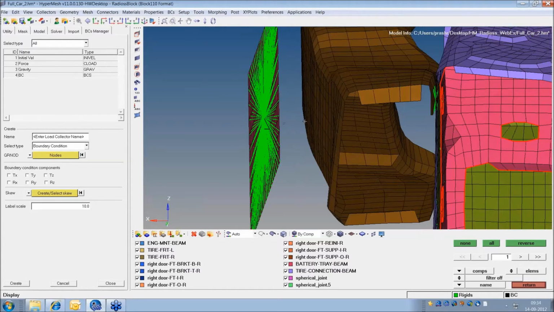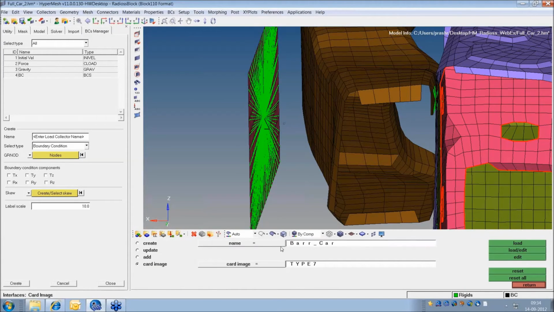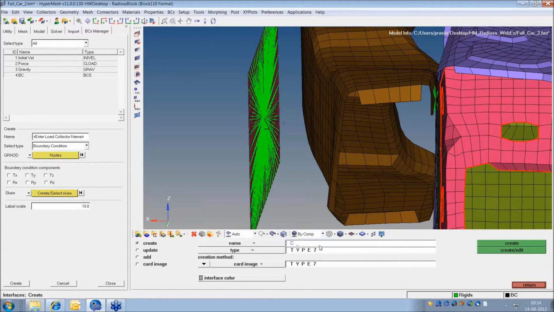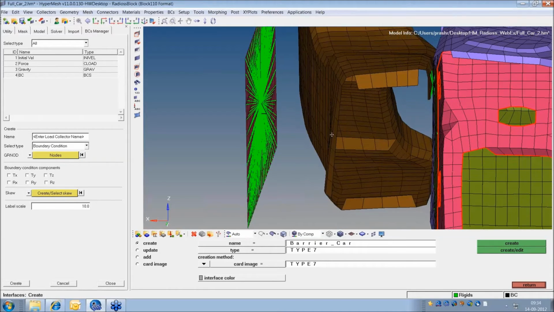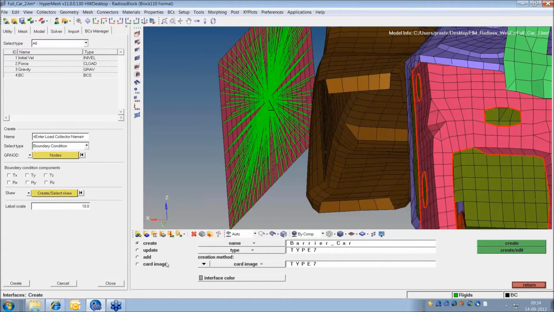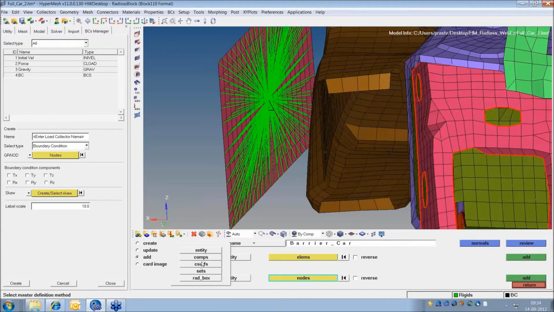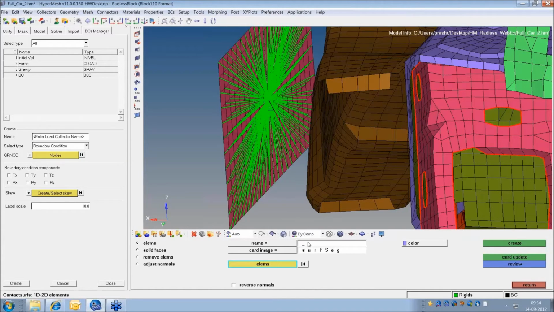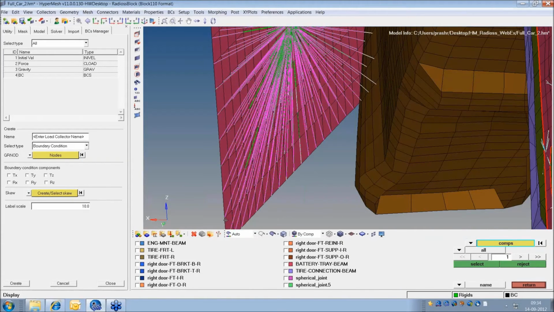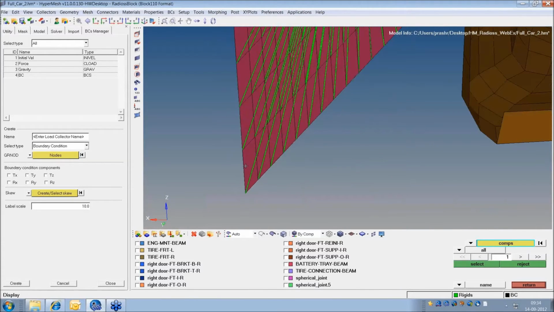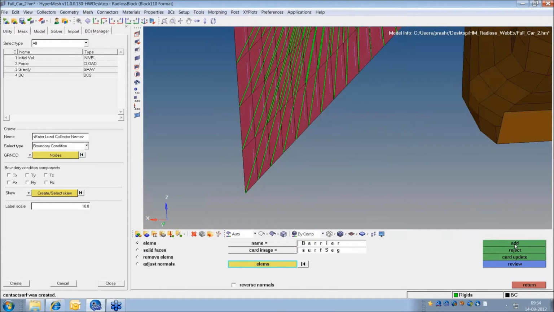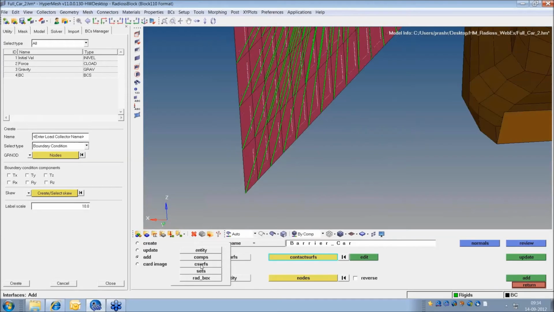Now I'll create one more contact. I will do it fast, as I have already created a contact and you know how to create contacts. So it is type 7 again. For the master surface, again it is contact surface, edit, maybe barrier, surface segment, elements by collector, sorry, select, create, return, and for the slaves,